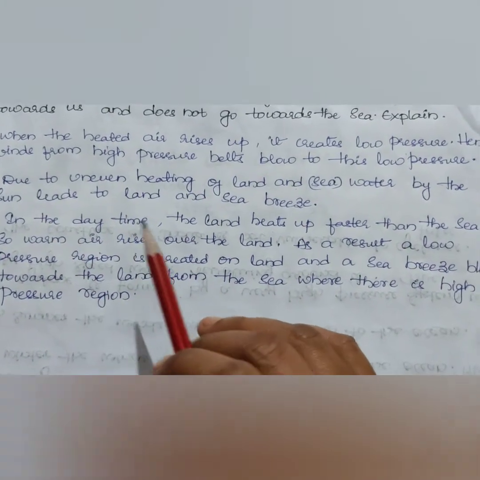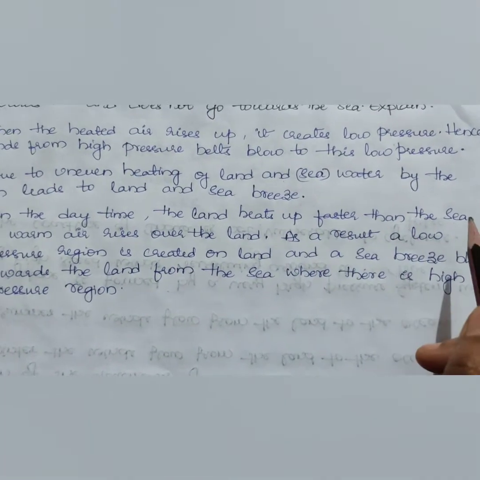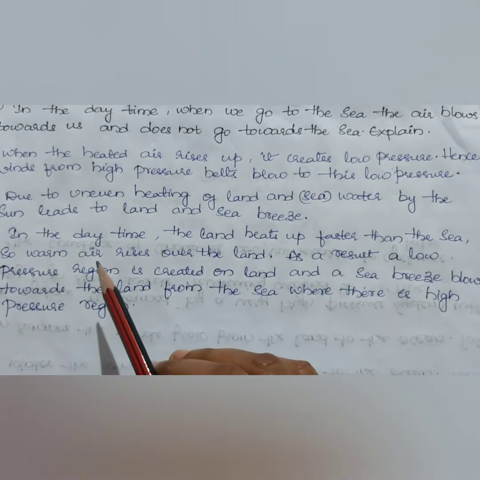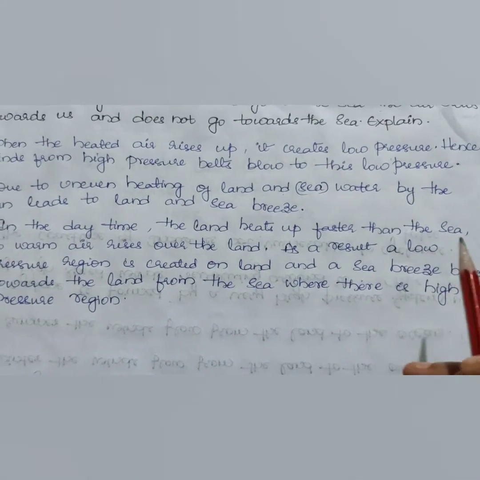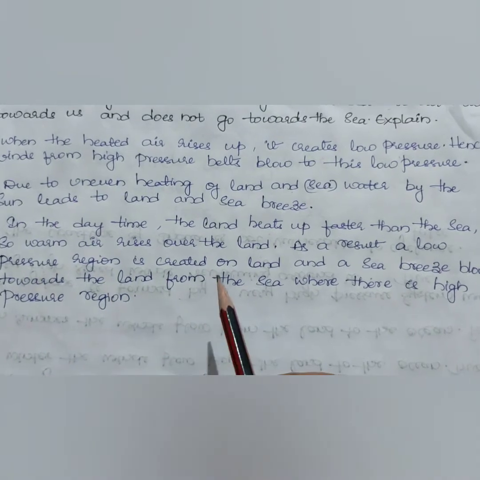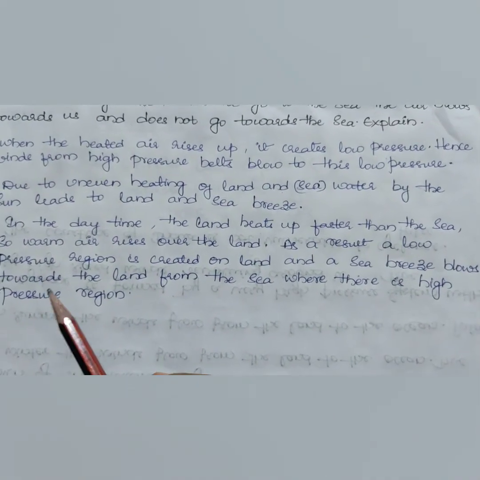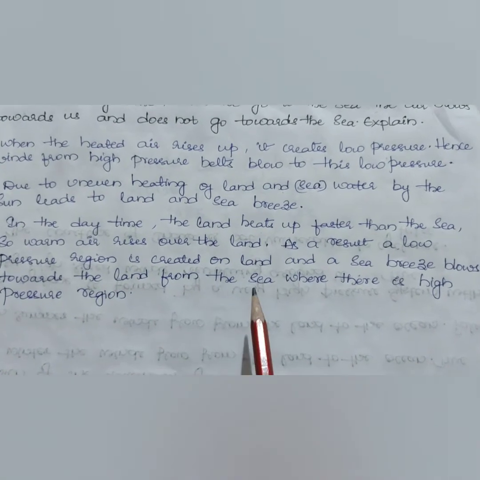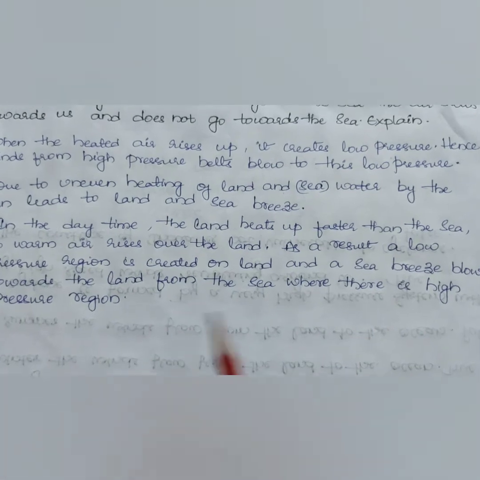In the daytime, the land heats up faster than the sea, so warm air rises over the land. As a result, a low pressure region is created on land and a sea breeze blows towards the land from the sea, where there is a high pressure region. Next